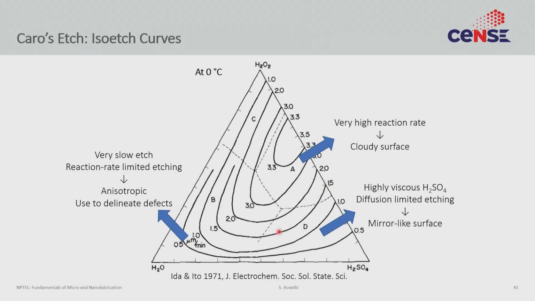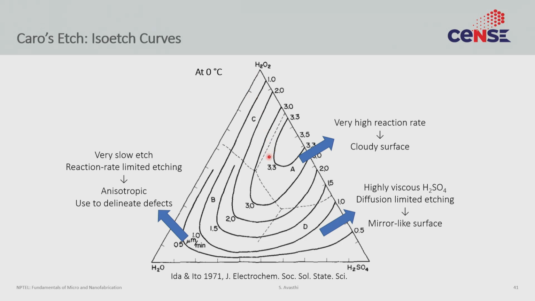So along these lines are several unique combinations of concentrations, okay? And all of those combinations produce the same etching rate, hence the iso-H, the same H curve. The same concept that we used in the HNAH applies here too, right? So typically, if you go to one corner of the iso-H curve, you are always waiting on the sparse components. In this case, the sparse component is H2SO4, so you're always waiting on the H2SO4. Towards this, you're always waiting on the concentration of H2O2, which is low, and that leads to different types of morphologies or different types of finishes.